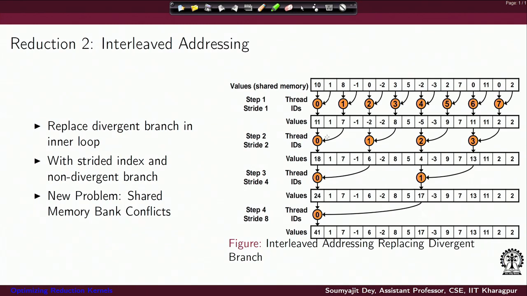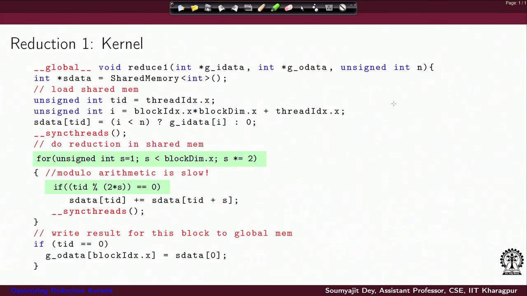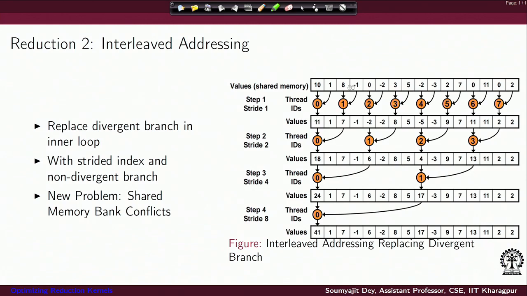We keep the other features constant, that means the strides keep increasing in multiples of 2, but you are always working with consecutive threads. Due to this, you always have non-divergent warps, because all consecutive threads are active most of the time. But the problem here is that you have a situation of shared memory bank conflict,